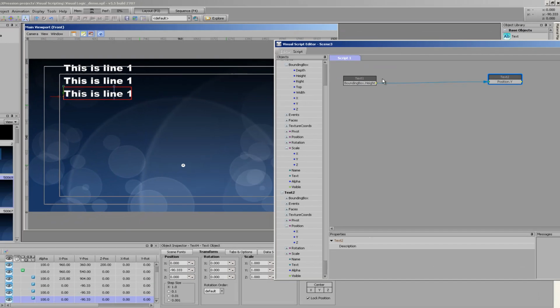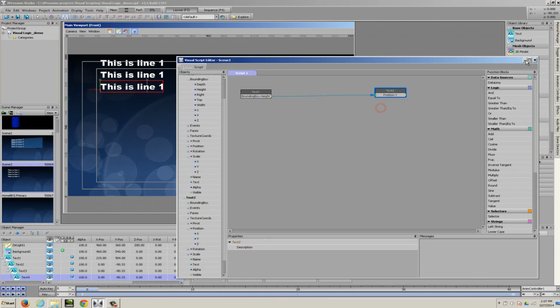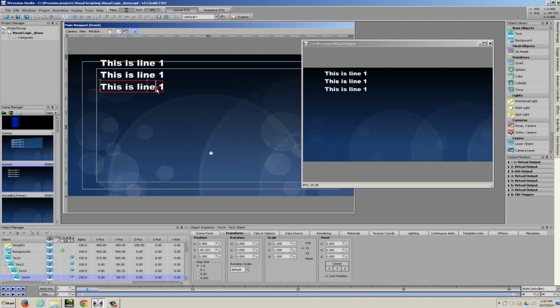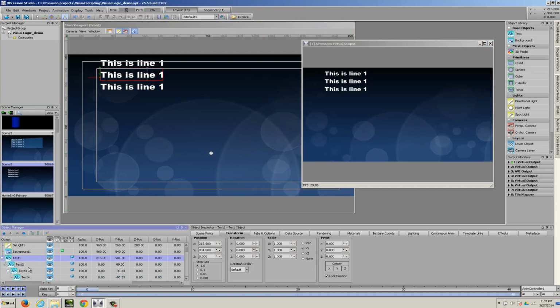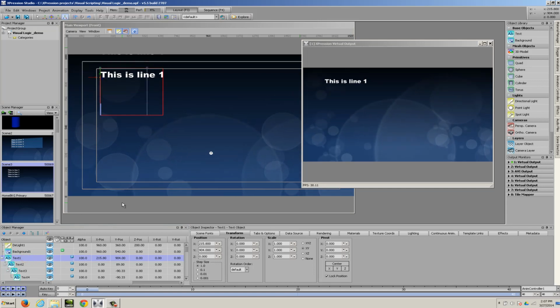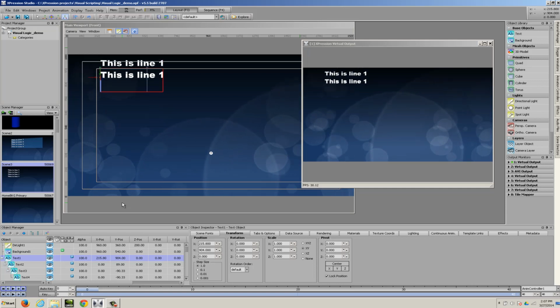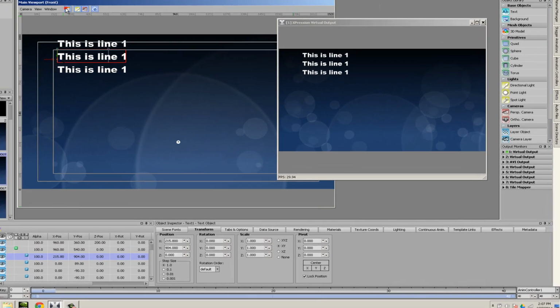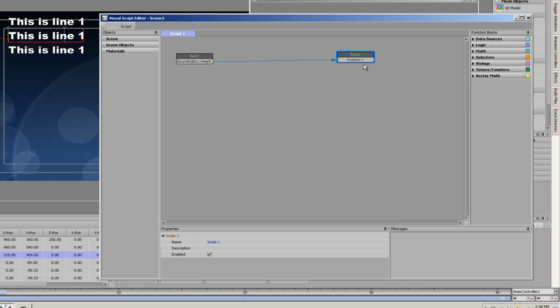So something has happened in our scene, and let's take a look at what the effect of what we just did is. So we'll take our scene, we'll put it on line, and we'll go to line 1, and we'll start inserting some line breaks. And what you'll see is the text objects are moving, but they're moving in the wrong direction. So my 3 additional text objects are actually moving up. So as the bounding box height grows, we're always going to get a positive value. So what's happening here is the bounding box height is being added to the current y position of this text object.